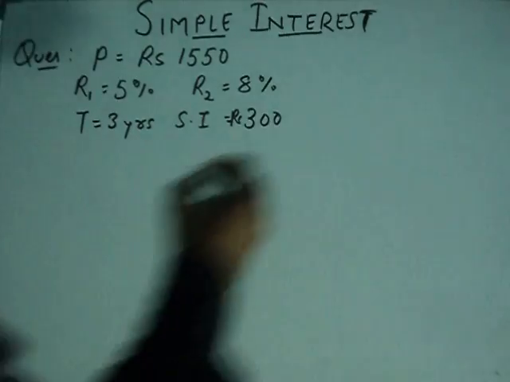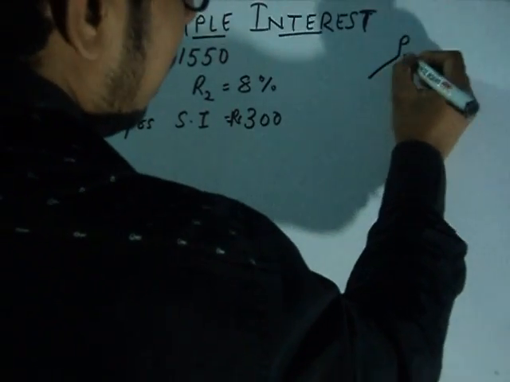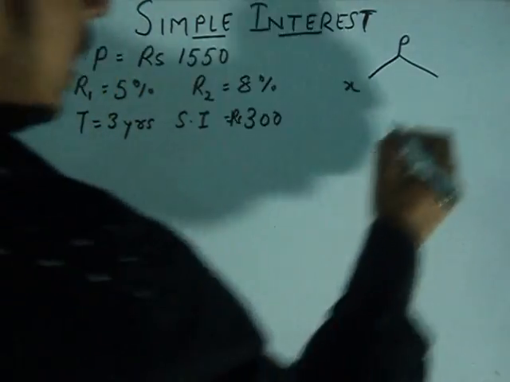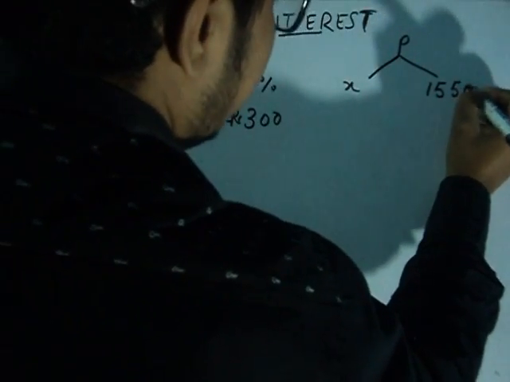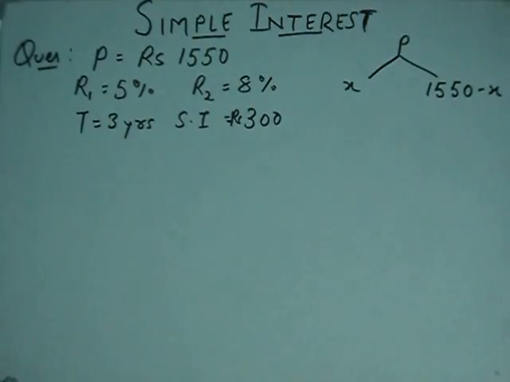So what we have to do, we are going to divide our principal value as x and 150 minus x. This is our two value. So we have to calculate our individual rate and add it, and we will get simple interest equal to 300, and we have to find the ratio of money lent at 5%